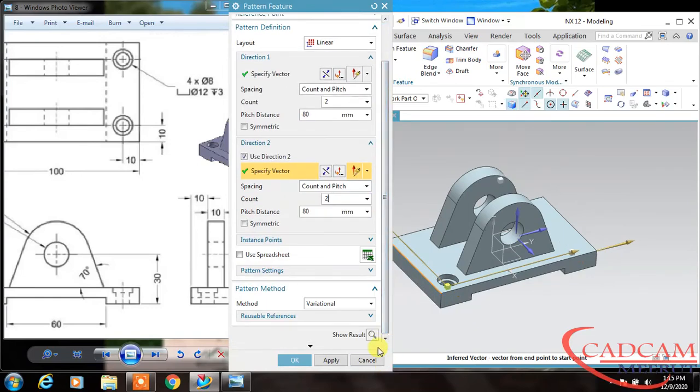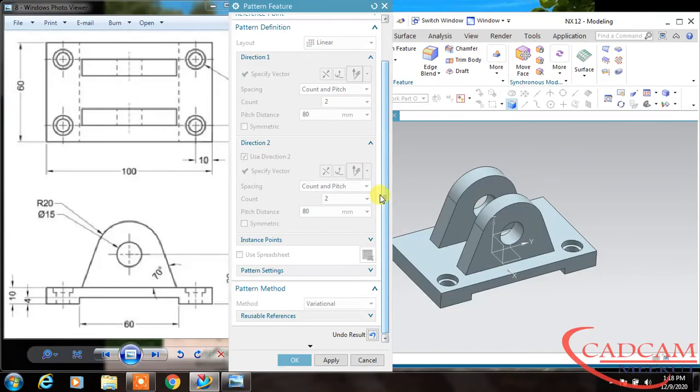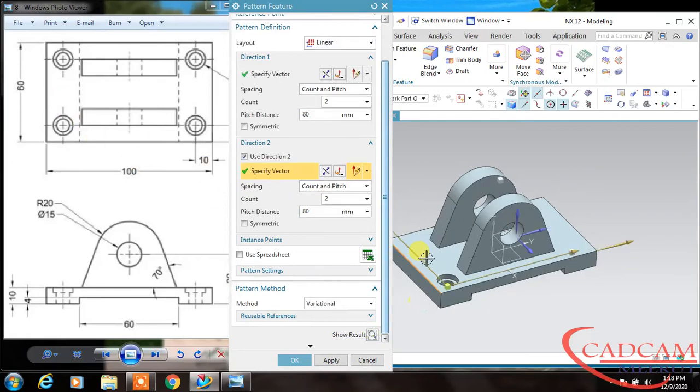And if you want to see the preview, just click show result. So our preview is like this. So we have to change the distance. My second direction is this, and the pitch distance is 60 minus 20, it becomes 40, and click OK.